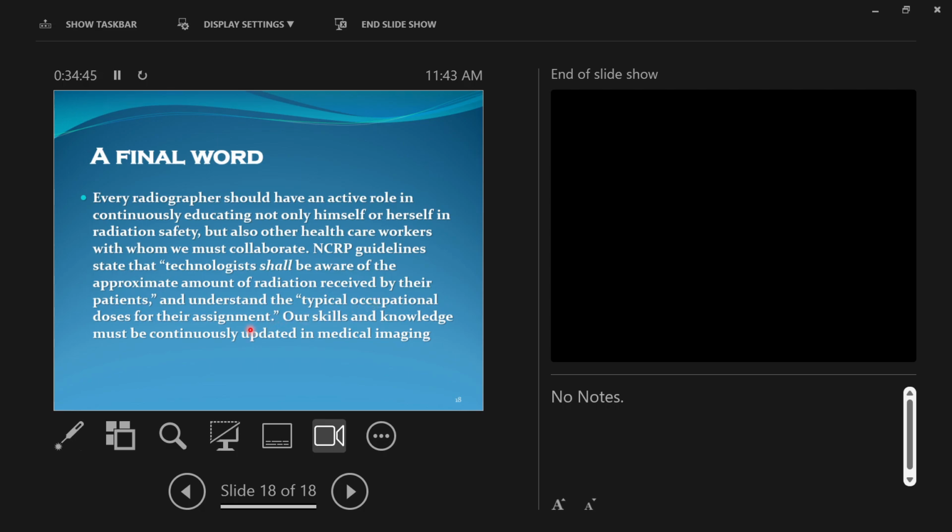Our skills and knowledge must be continually updated in medical imaging. So yeah, that's the deal, right? You are the professional in the safe use of radiation, so you should be the one to rely on, right? Okay, let me